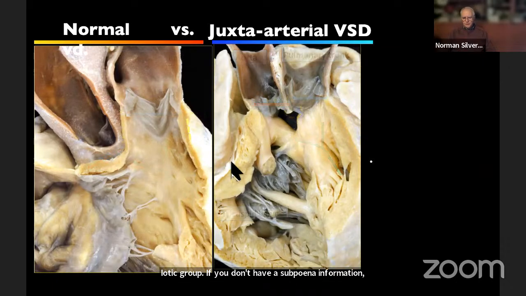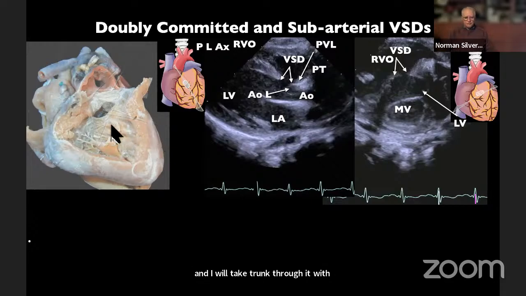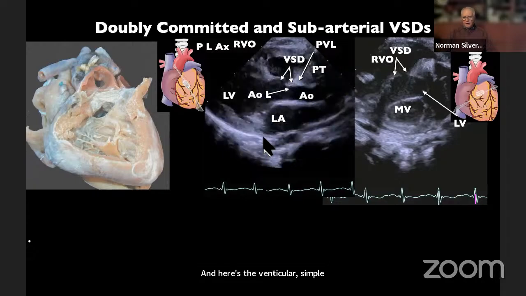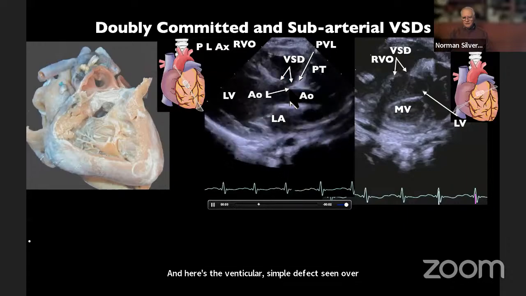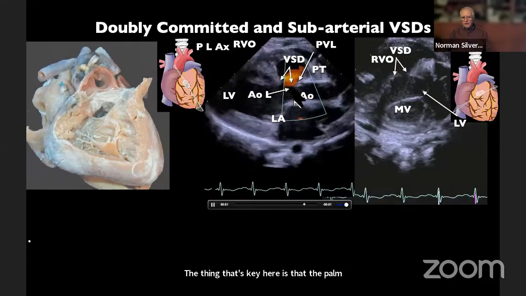So here's a beautiful example of the two, and here's an echocardiogram with an example showing the pulmonary trunk and the aortic trunk through it with fibrous continuity. And here's the ventricular septal defect seen over here beautifully. And in long axis, the thing that's key here is that the pulmonary valve leaflets and the aortic valve leaflets